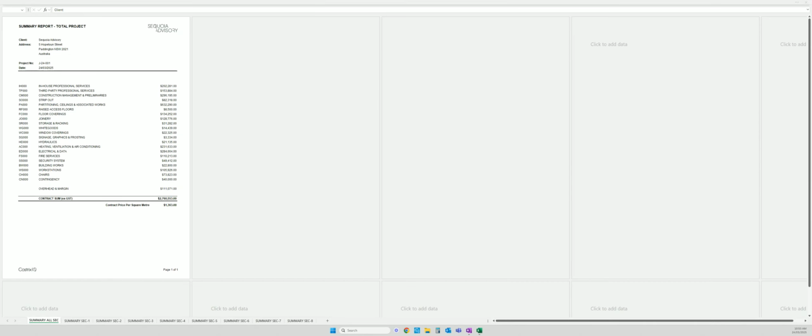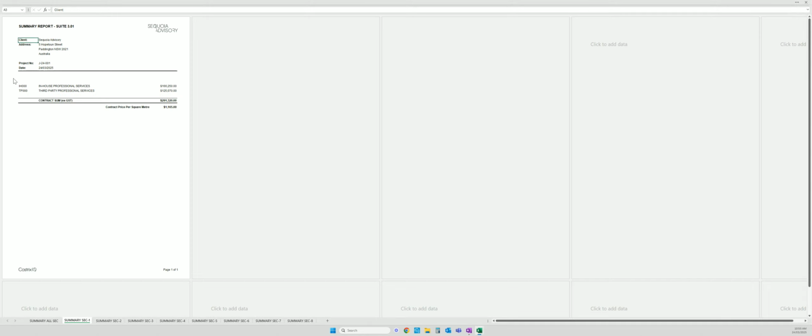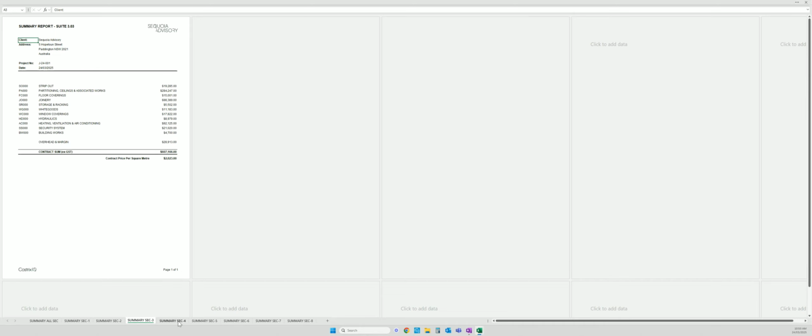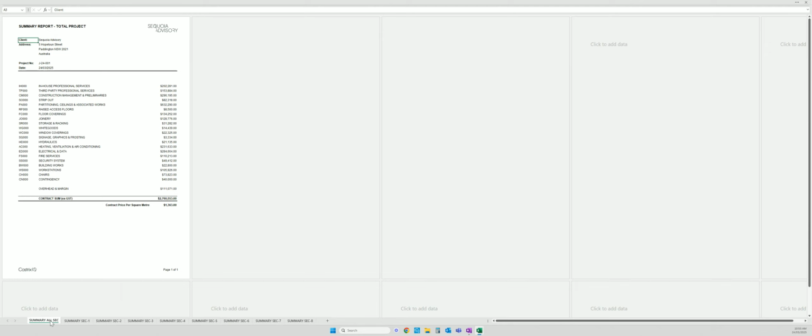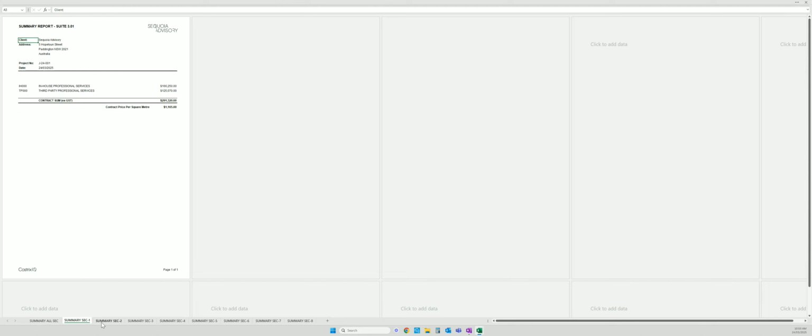So I've now run my summary reports for this scenario. I have my summary report for the total project, but very quickly, I can also see in this instance, sector 1, which was called suite 3.01, 3.02, 3.03, 4.04, 4.06, 7.01, 8.01, and bathroom upgrades. So I can report to the client as the project or the pie as a whole, or the pieces of